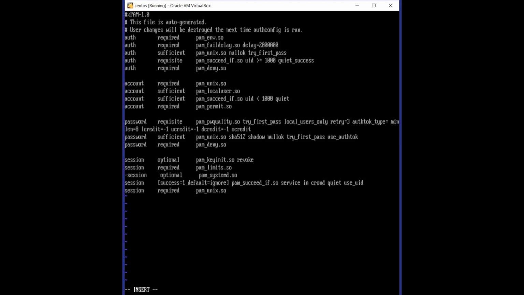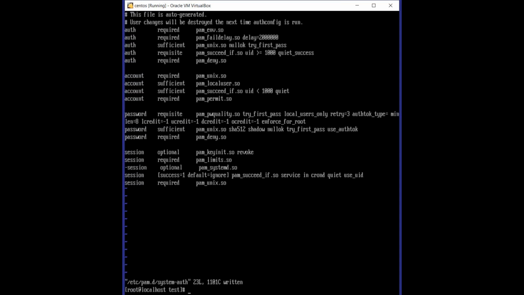Yeah, O credit equals, it should be without space. O credit equals to -1, space enforce underscore for underscore root. And let me close this file. I have written and closed the file,